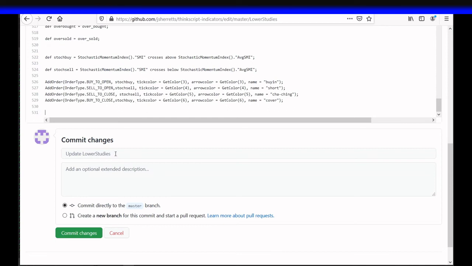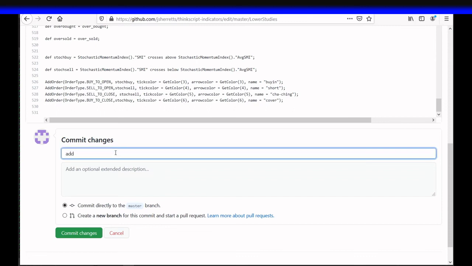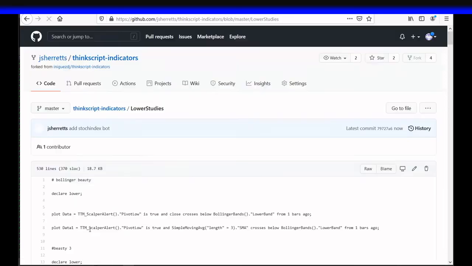Okay. Added Stoch index bot. Perfect. Commit my changes. We are good to go. All right, so